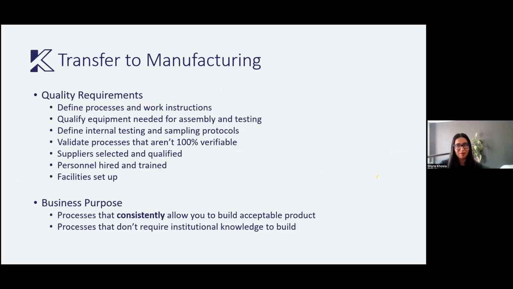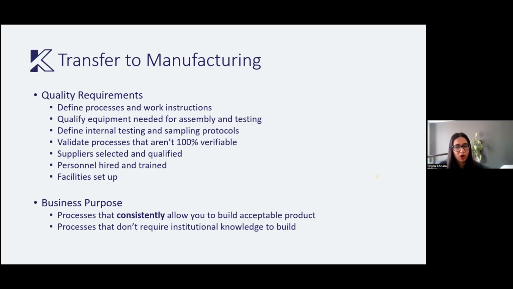So I spent a lot of time on that. I could also spend a lot of time on actually transferring to manufacturing, but I'm not going to. I'm going to just spend only a minute or so on this. But when we're talking about transferring to manufacturing, you're really looking at processes, equipment,